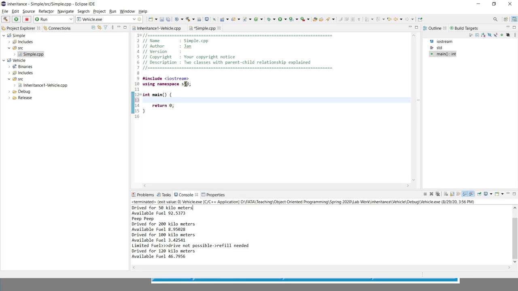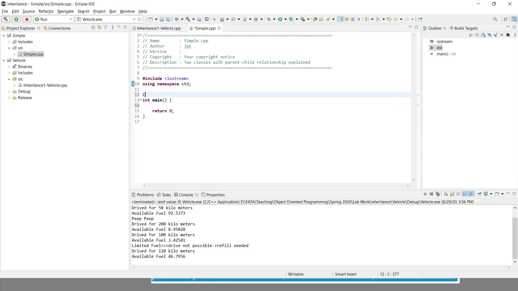I have this simple class, class simple, and I have two attributes, private, a single attribute, for example a, and two functions,